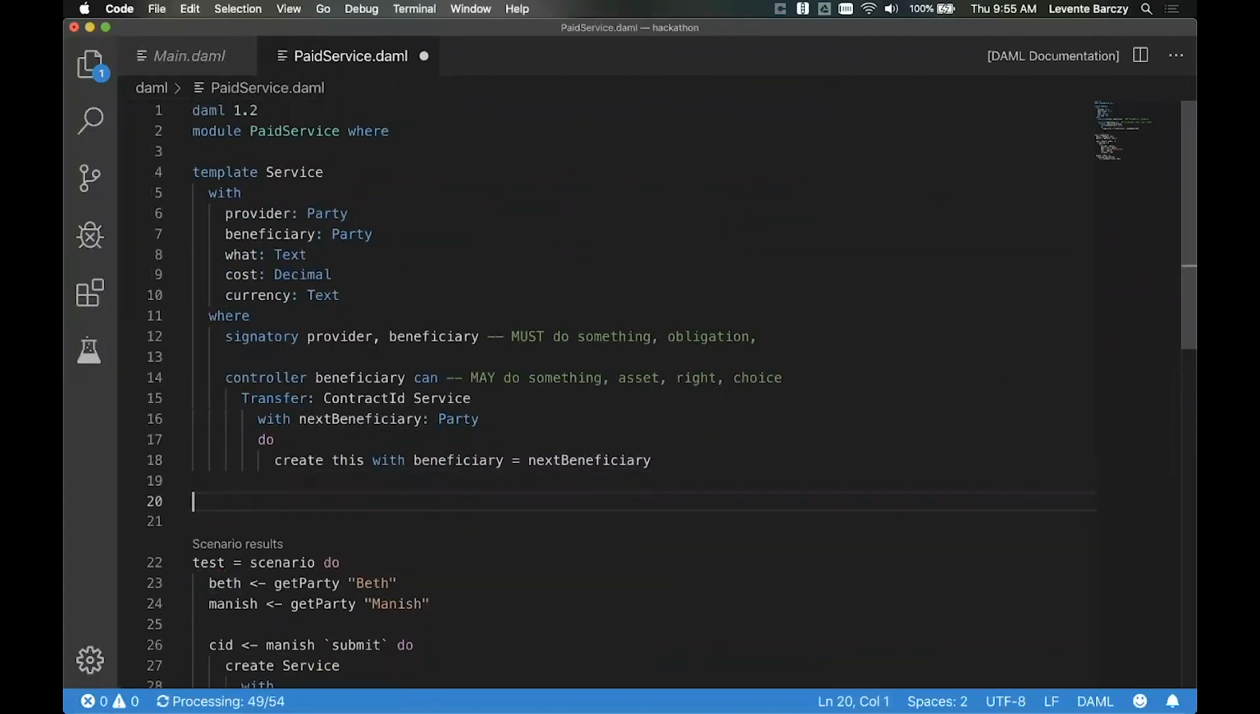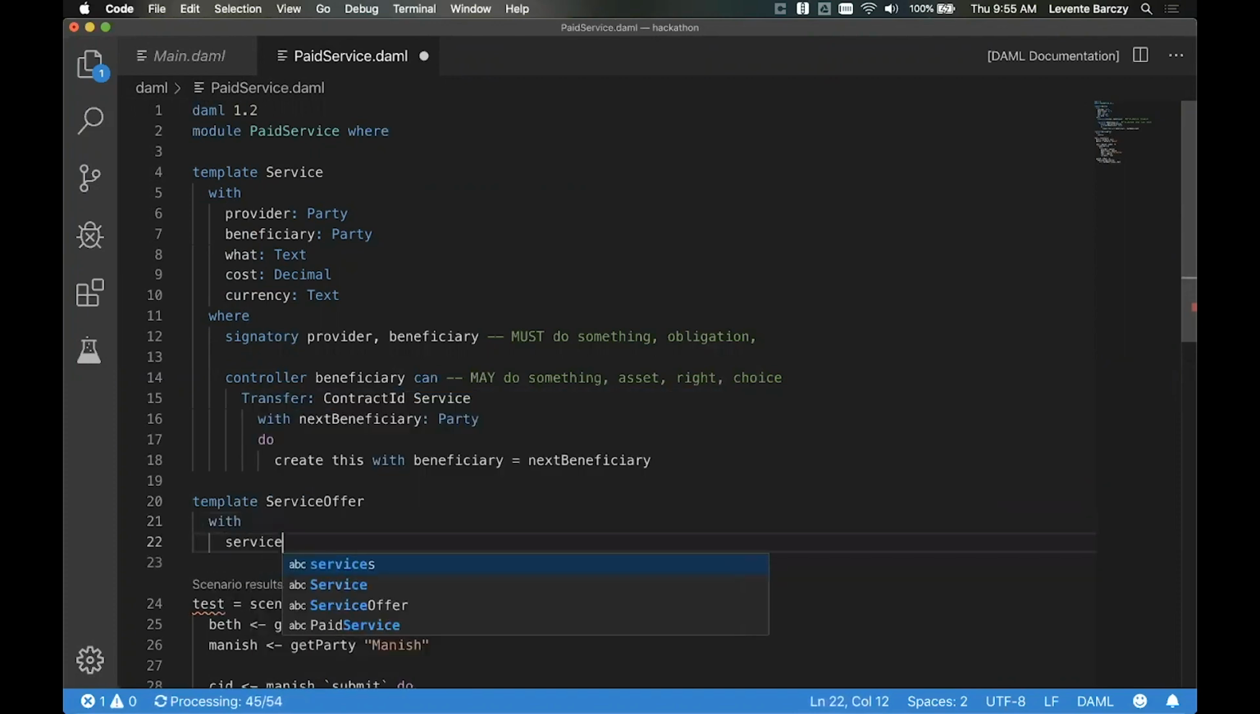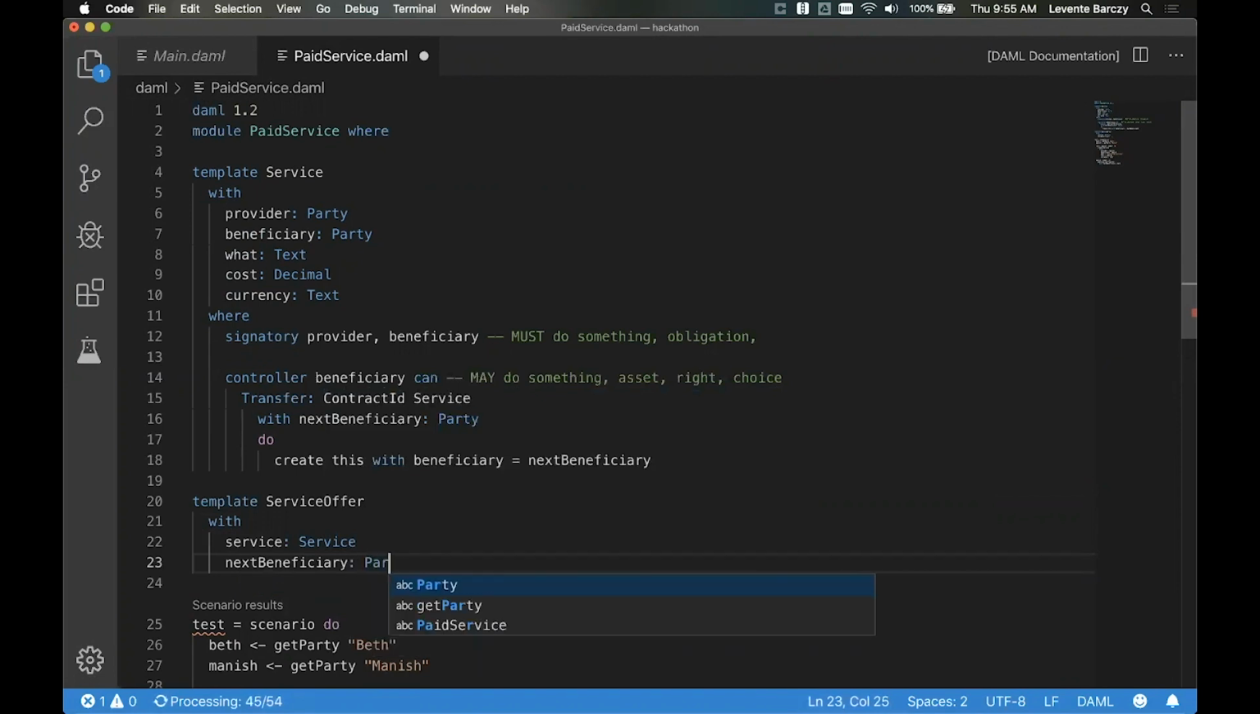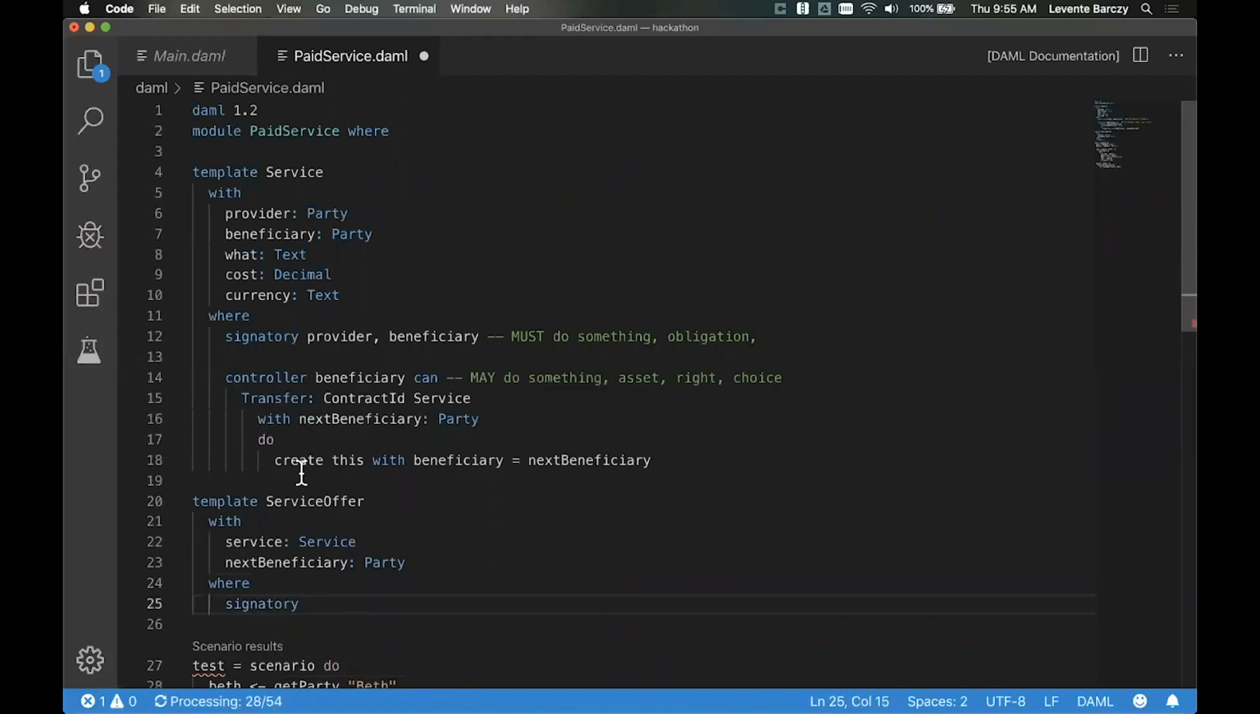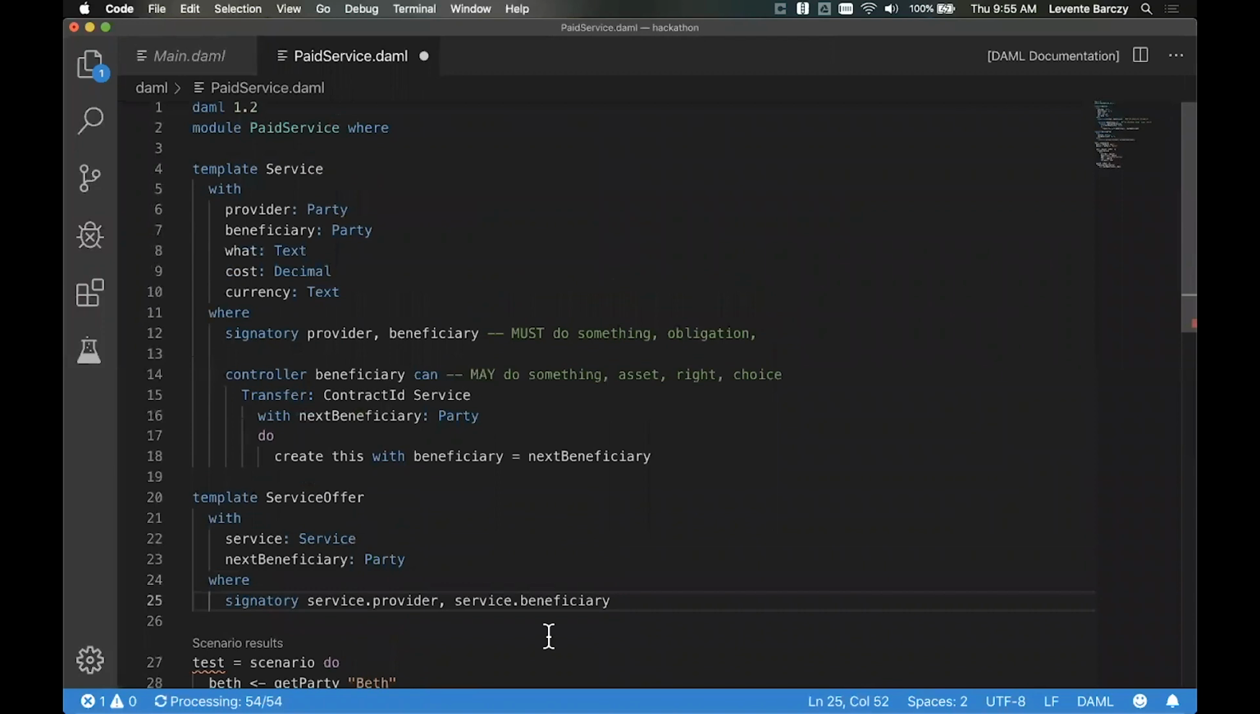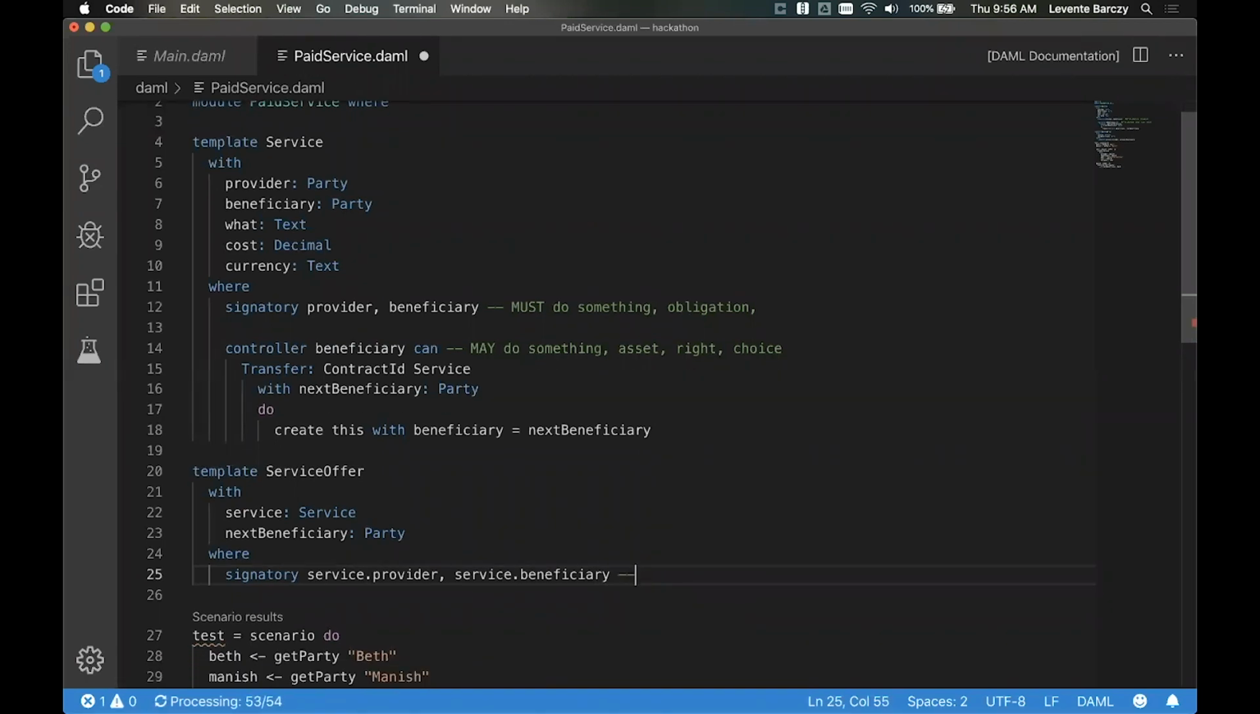So we'll write another template which will represent an offer, a service offer from the provider to Beth, or to the beneficiary rather. And the signatory on this is going to be the original service provider and the original service beneficiary. And the reason is that you want both original parties to be able to sign off on the fact that this transfer is going to take place. You're representing the fact that if the next beneficiary accepts, both parties, both the original service provider and the original service beneficiary, sign off on